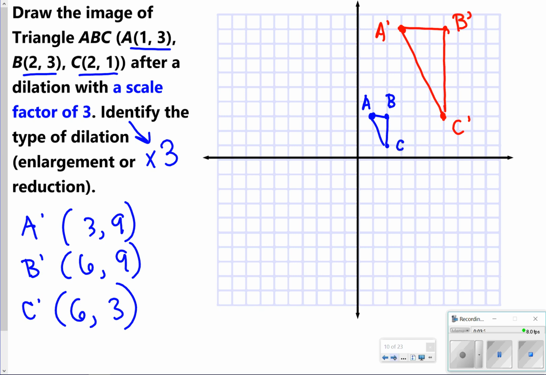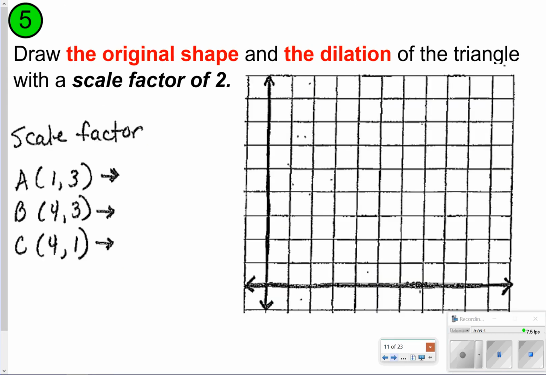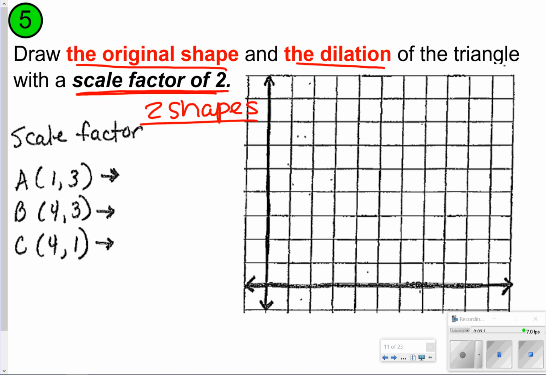dilation of 3. The next one in your notes is what you're going to try. You're going to draw the original shape first and the dilations. There should be 2 shapes here, original and the new one, and you're going to make the increase be a scale factor of 2, which means you're going to be multiplying each of those points by 2. Go ahead and take time now to pause the video to try number 5 on your own, and once you're